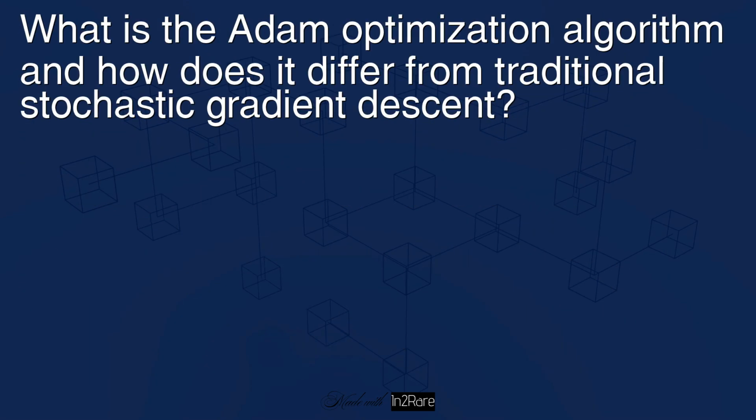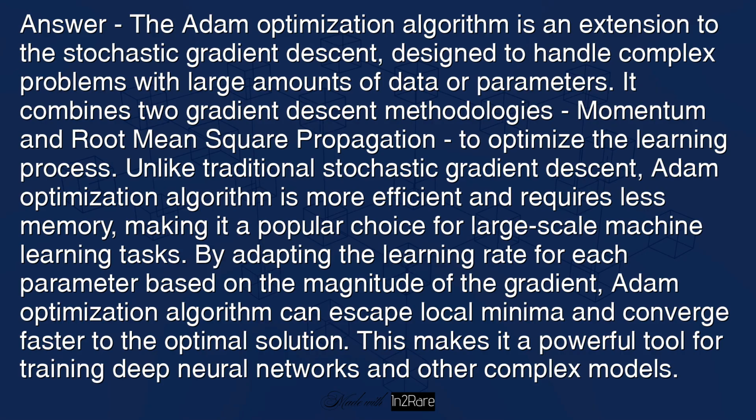What is the ADAM optimization algorithm, and how does it differ from traditional stochastic gradient descent? Answer: the ADAM optimization algorithm is an extension to the stochastic gradient descent, designed to handle complex problems with large amounts of data or parameters. It combines two gradient descent methodologies, momentum and root mean square propagation, to optimize the learning process. Unlike traditional stochastic gradient descent, ADAM is more efficient and requires less memory,